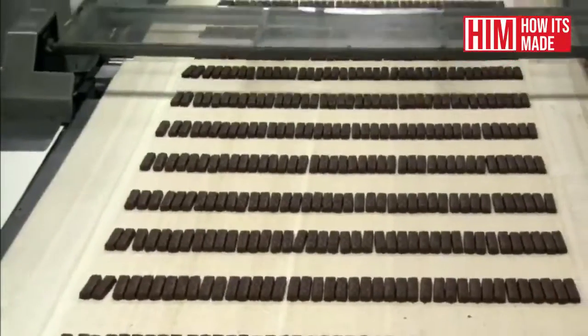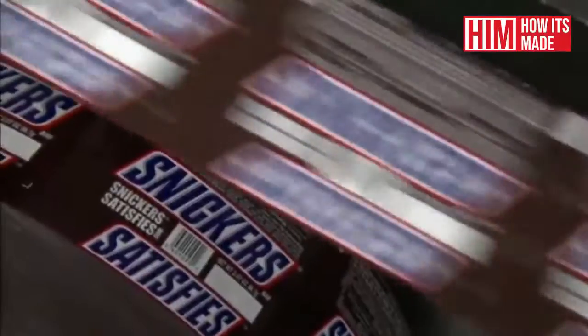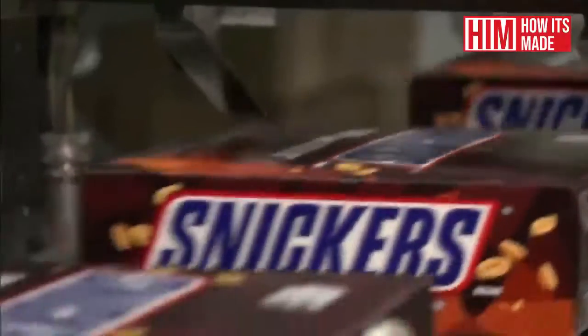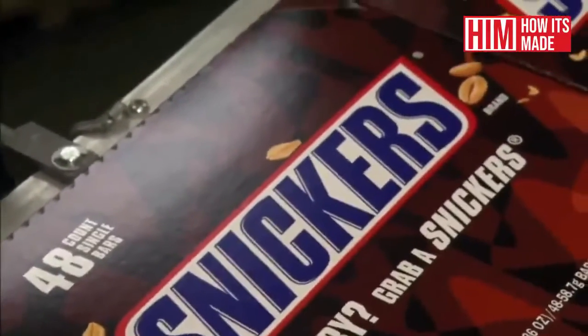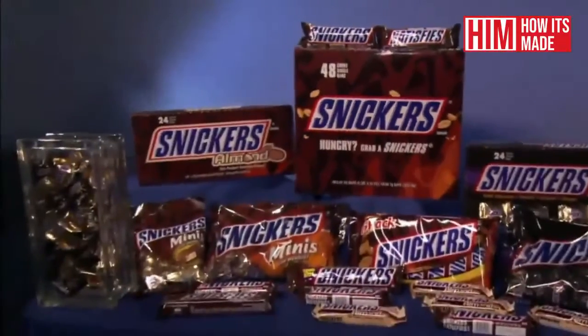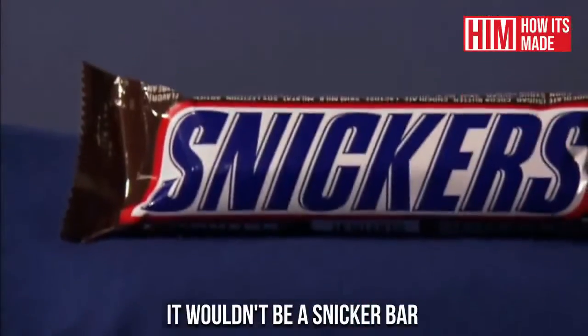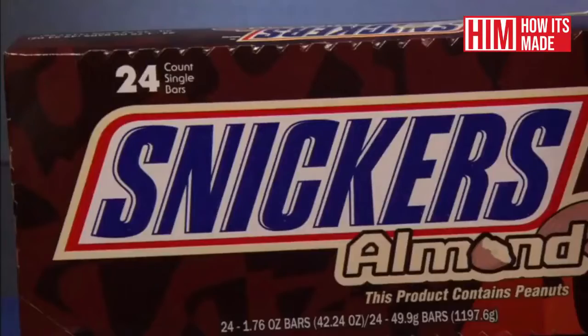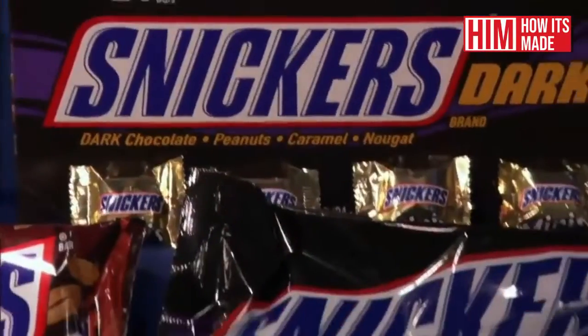Next, the bars travel right under a chocolate waterfall and on the way out get topped off with their distinctive design. At Mars, they put a different decoration or squiggle on the top of every one of their products, and just imagine, if you didn't have a squiggle, it wouldn't be a Snickers bar. Once the chocolate cools, the fun-size Snickers wrap up at a rate of about 900 bars per minute,